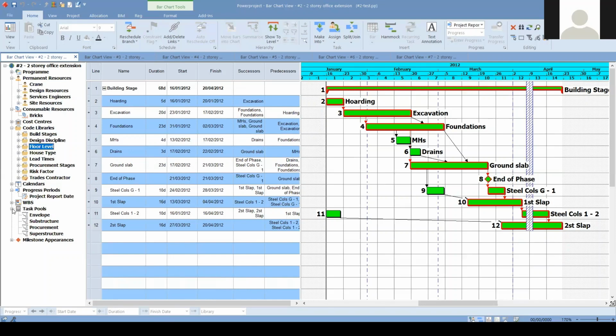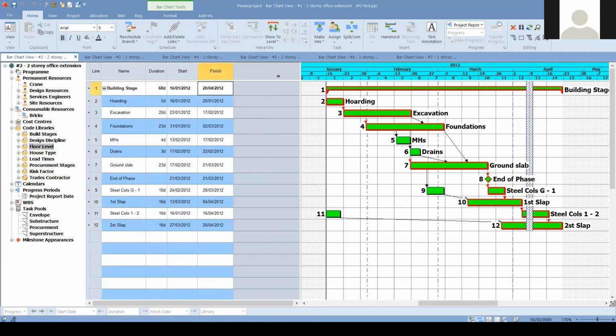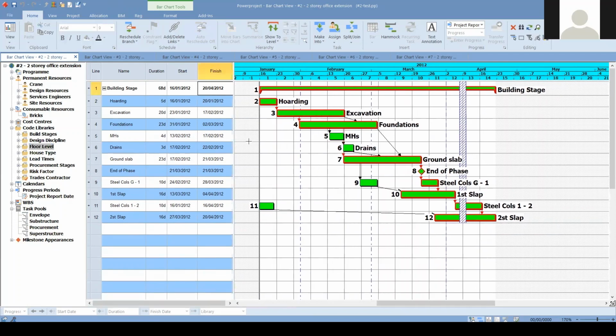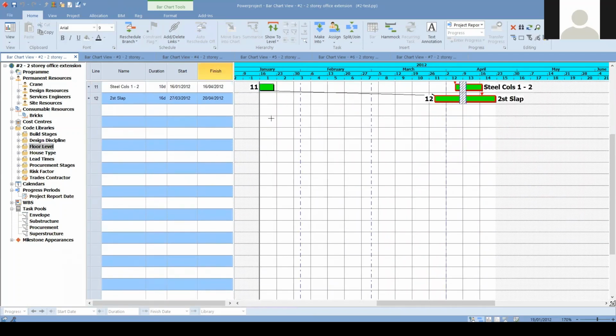And we have the task pools where, if everything is ready, all the linking types, activity codes, everything, we can copy all the information as a task pool, and then we can multiply it for any other purposes. So let's go a bit down, and see how we can create activities. We can directly draw on